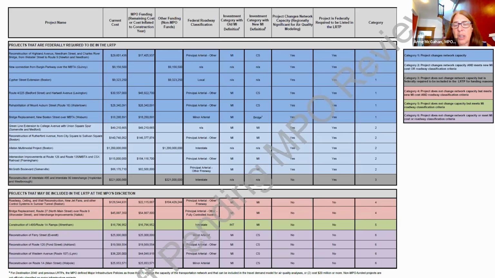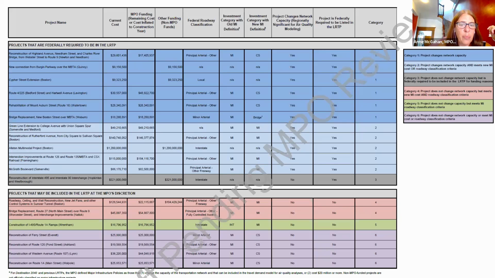It's an interchange, and interchanges are considered exempt from air quality if they're just a reconfiguration of the interchange. But it has to be listed because it gets federal grant funding. It's a requirement by the feds. So that top section are those projects that we have to list based on federal guidance. Below, the red and the green are those projects that the MPO can decide that they want to add,